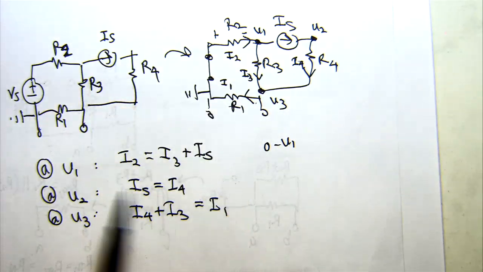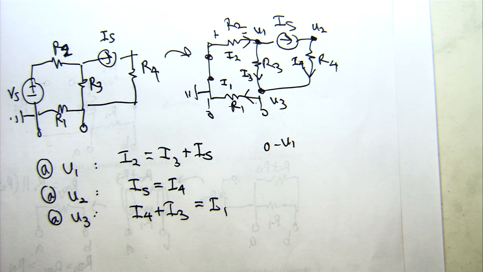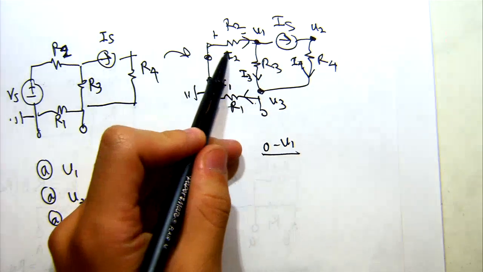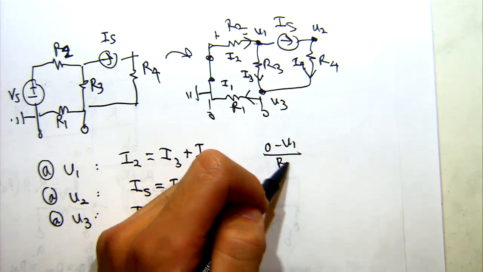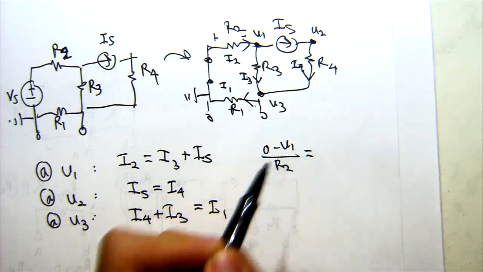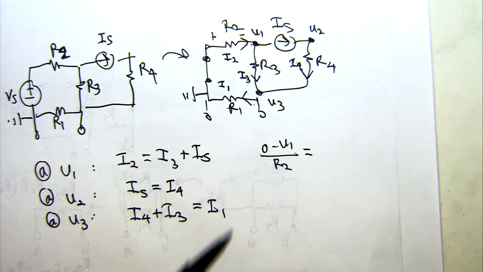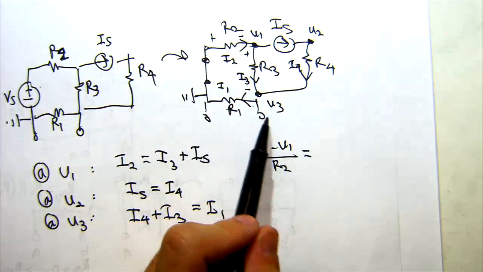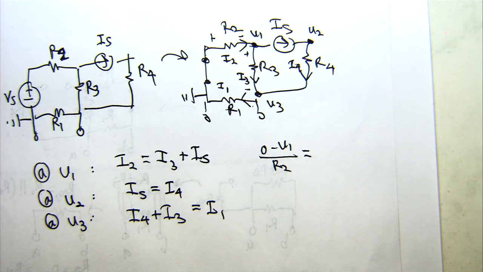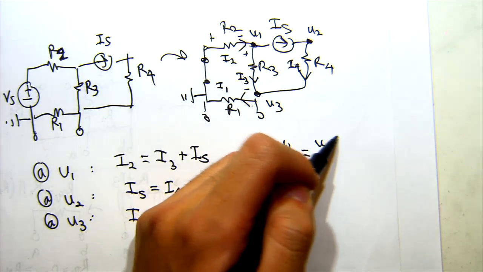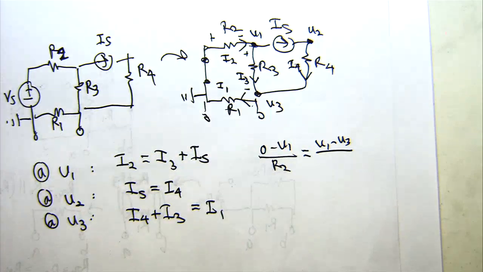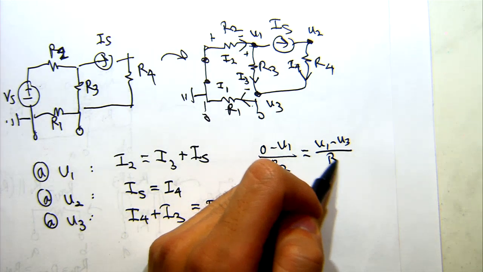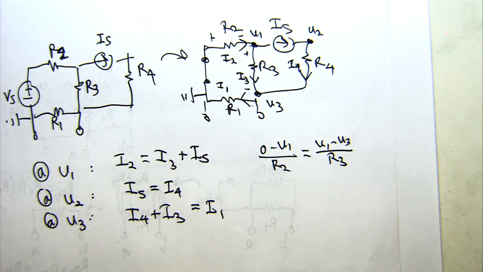And then if I want the current, I have to take that branch voltage and divide it by the resistance. In this case, it would just be R2. Likewise, on the other side, for I3, which goes through resistor 3, it starts at U1 and then goes to U3. So I can take that difference again, U1 minus U3. That gives me the branch voltage. If I divide by the resistance, I get the current I3. So this expression, U1 minus U3 over R3, is going to be my I3.